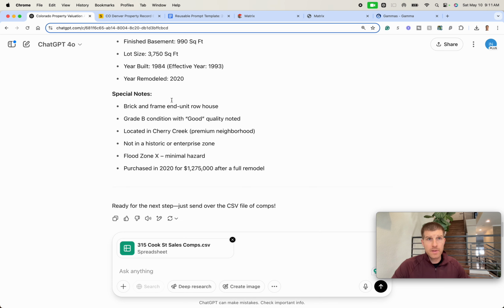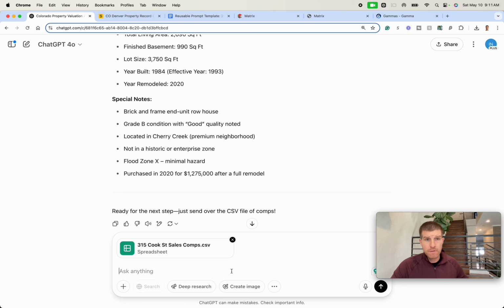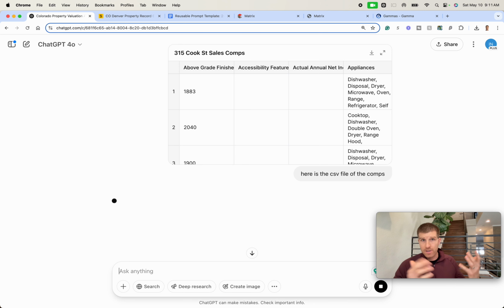Okay. Probably asked me to upload the CSV file. Here is the CSV file of the comps, and now it should start to get to work. This is all of the data from the MLS on every single comp. And now it's going to start to analyze it and basically build out our appeal package, okay? So once this is done, we're almost there. We're going to basically copy and paste this into another system